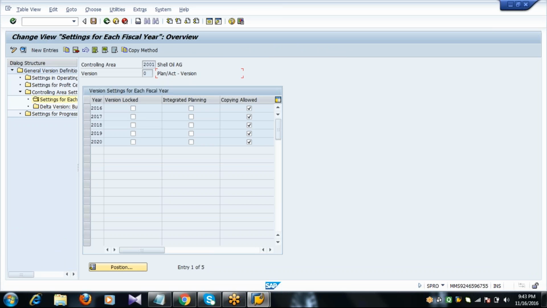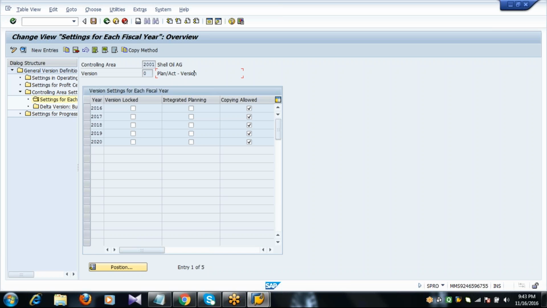Make sure that the current fiscal year is maintained by copying the existing year.